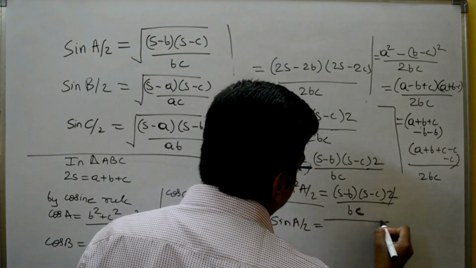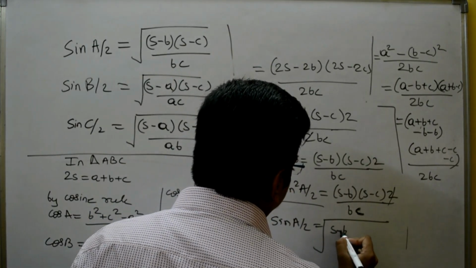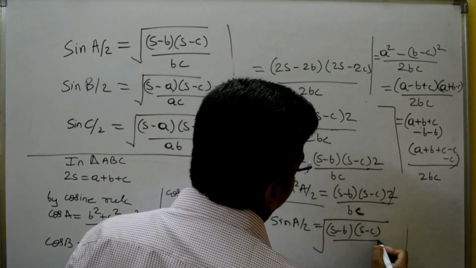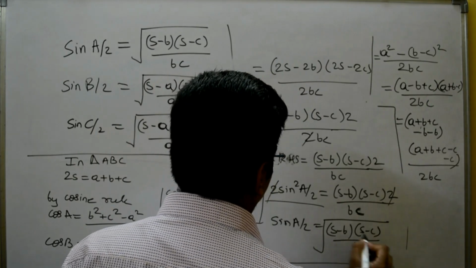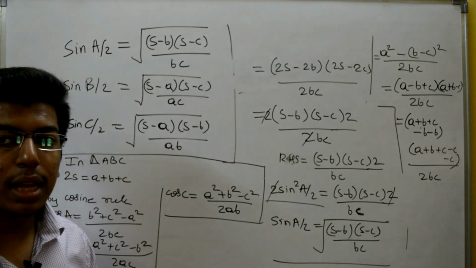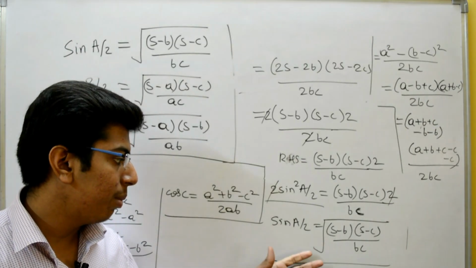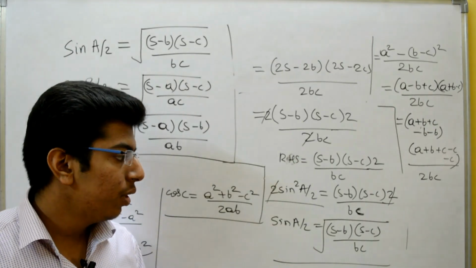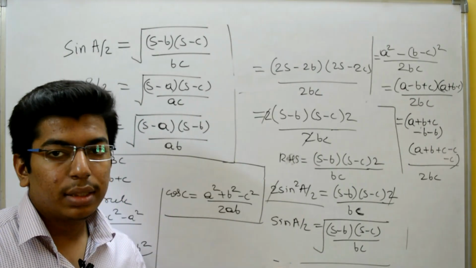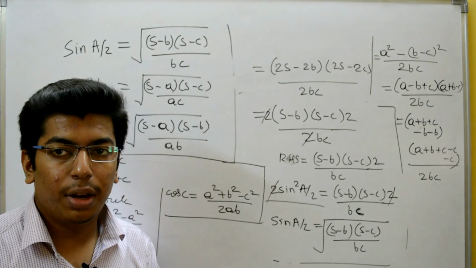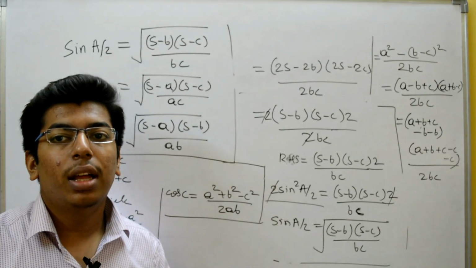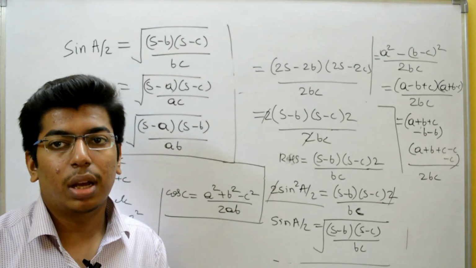सो साइन a/2 इज इक्वल टू अंडर रूट ऑफ s माइनस b, s माइनस c अपॉन bc। सो ये जो स्क्वायर है हमारा राइट हैंड साइड में चला जाएगा। सो वहाँ पर जाकर हमारा रूट बन जाएगा, तो हमें ये स्टेप मिलती है। तो ये हुआ साइन के लिए हाफ एंगल फॉर्मूला। सो आप इसे एक बार देख लीजिएगा, फिर हम लोग कॉस का पढ़ेंगे।